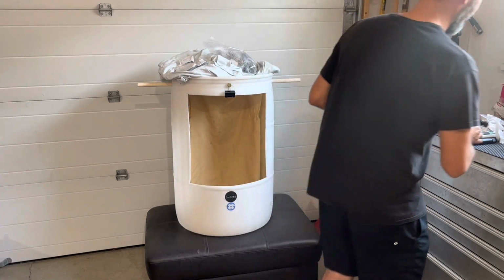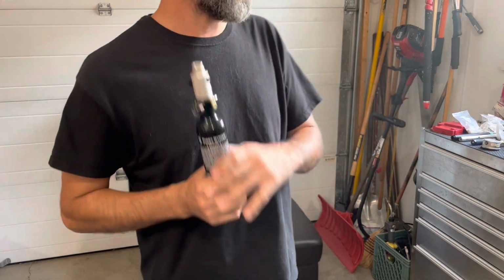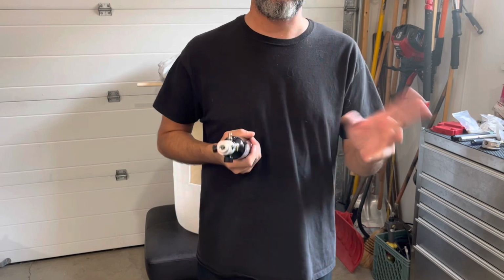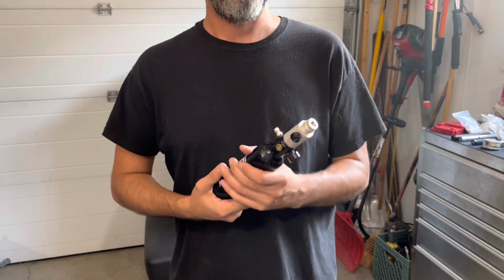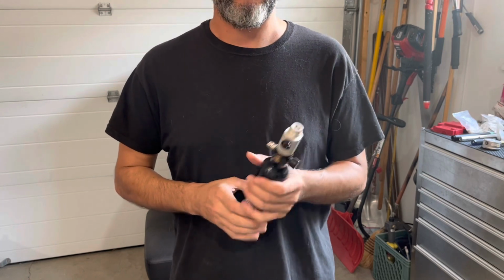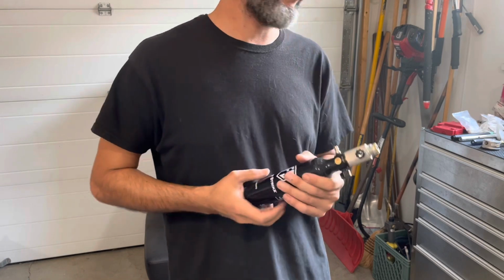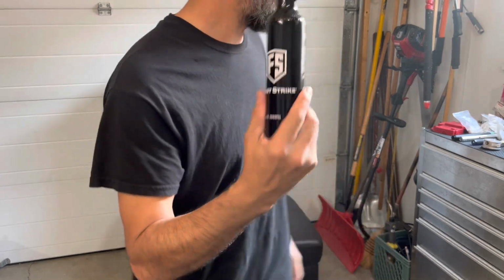I'm guessing this output pressure right now is probably equivalent to CO2. Usually around 22 degrees Celsius, I think it's like 72 Fahrenheit, my CO2 gauge reads about 900 PSI. So it's a little bit warmer today, 28. I'm guessing it probably just crept up there, maybe 950, which is right in line with this. So